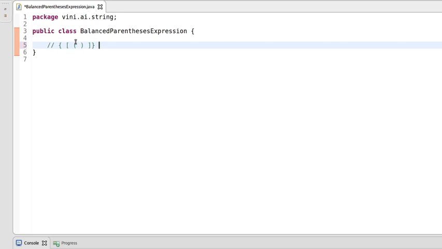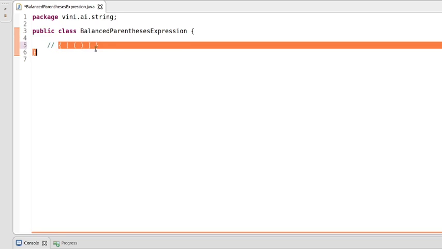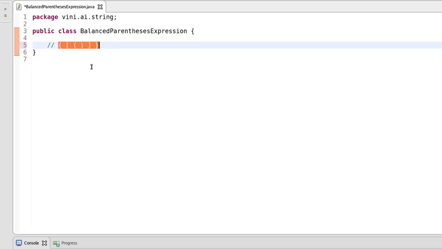You can see here, if we have any opening parentheses, correspondingly we have closing parentheses as well. So opening square bracket and closing square bracket, opening bracket and closing. So this expression is a valid expression. And an expression like this is also valid because it makes a pair of balanced expression. But if we have something in between like this, which will not be